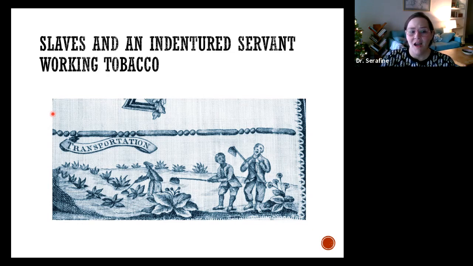Most indentures die. So why would you spend more money to enslave someone that you might buy from the West Indies, go from Africa to the slave pens of the West Indies and up to Virginia? But that's expensive. And why would you do that if your indentures and people that you've enslaved are all going to die within 2 years? Indentures are cheaper. But by the 1640s and the 1650s,